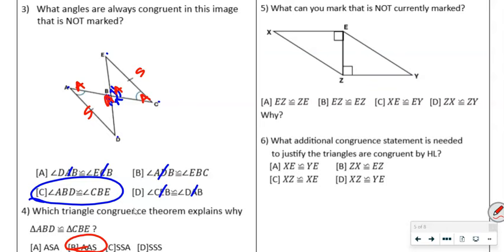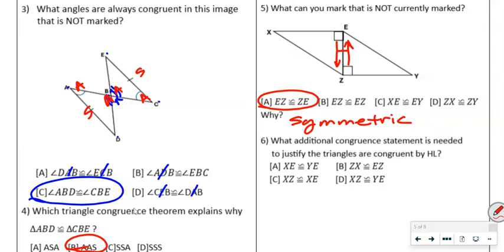The next one says, what can you mark that's not currently marked? Obviously, that's going to be the shared side, right? So that would be EZ and ZE. They are not going to go the same direction. So if we go EZ this way, we're going to go ZE that way, right? So that's going to be the answer, and that's the symmetric property again, remember,